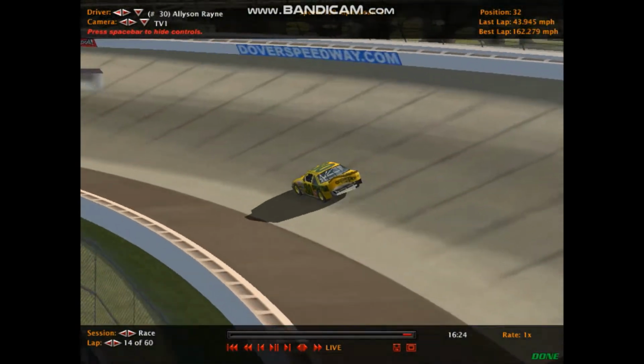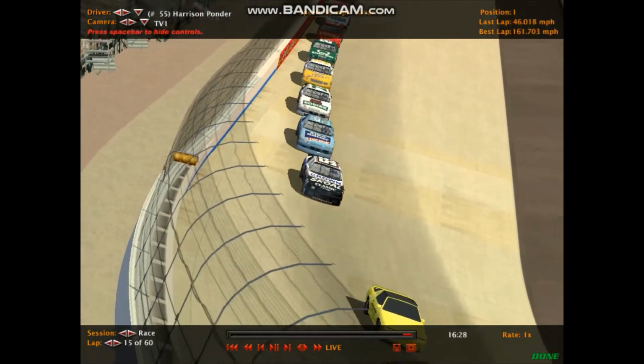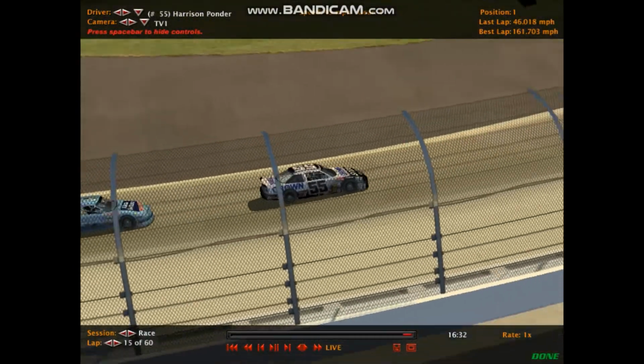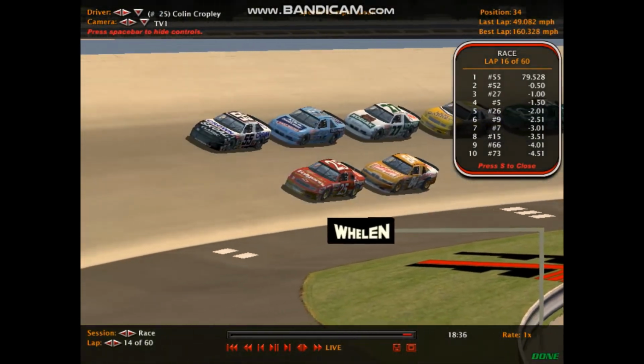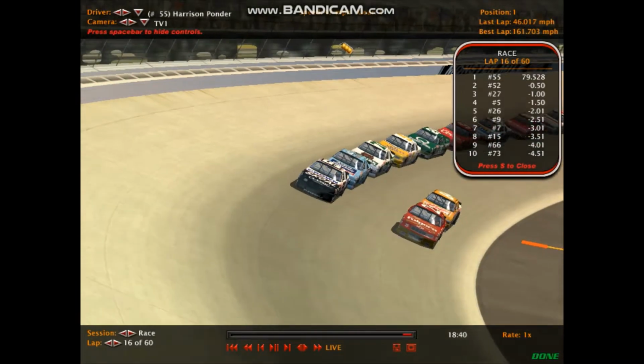But Allison comes back on the pit road, off of pits right now. Here, Austin Reed now coming back out as well. So Harrison Ponder leads the field right now. We'll be back for the restart right after this, lap number 15. Pace car about to come off pit road right here as Harrison Ponder leads the field to the green flag. The cars of Colin